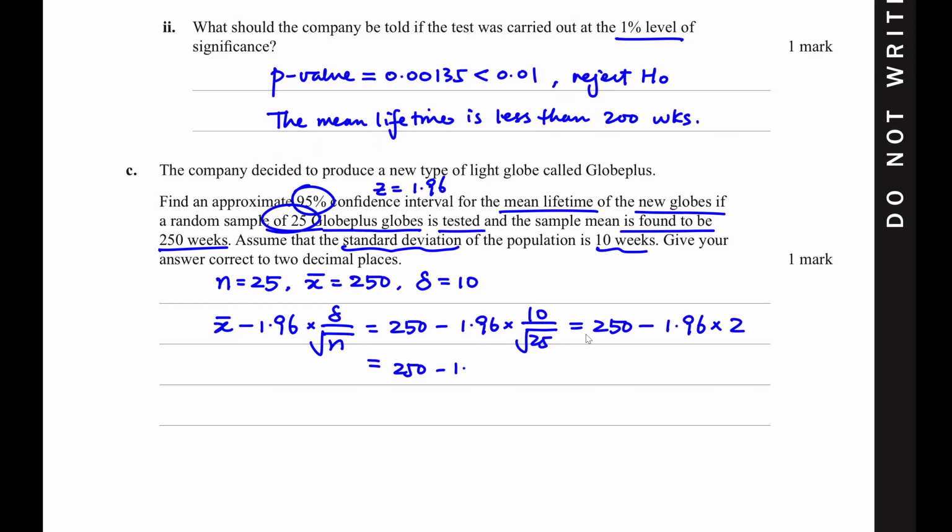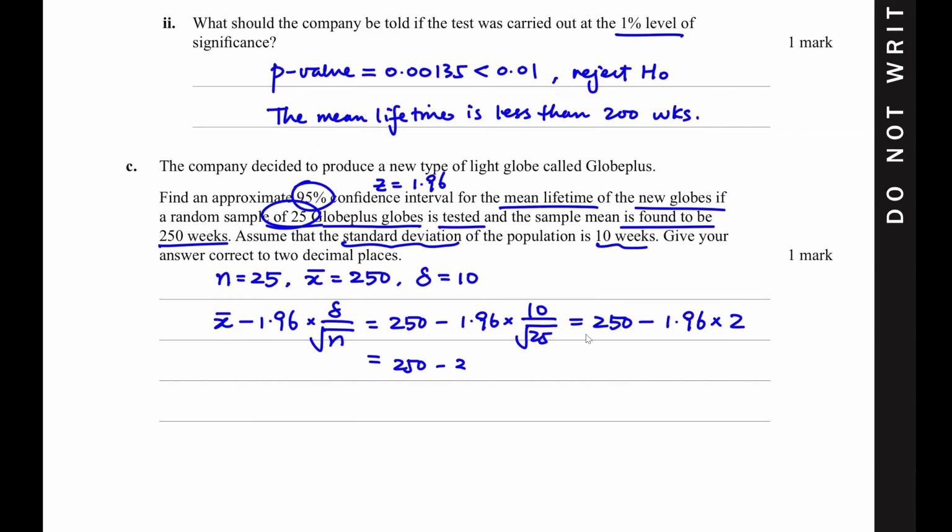That is 3.92. And that should give you 246.08. And x bar plus 1.96 times sigma divided by root n is 250 plus 3.92 equals